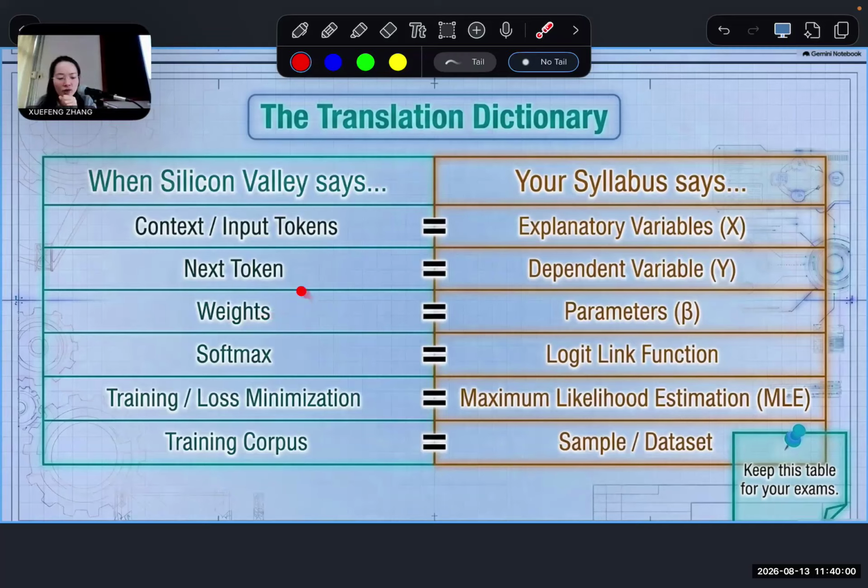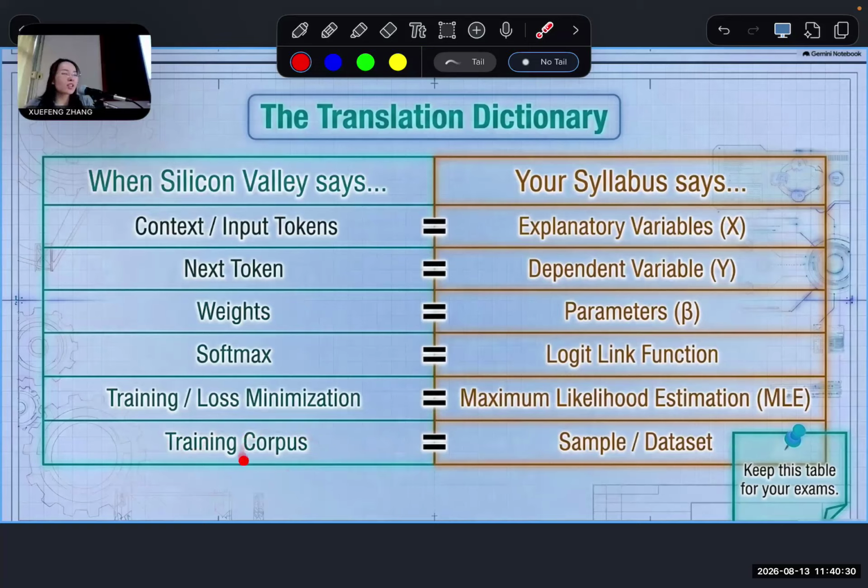And then they use weights, but we use parameters, which is beta. They call it softmax. We call it log link function, or the other model, OLS, whatever. Basically, they train and they care about loss minimization, but for us, we take maximum likelihood estimation. We want to maximize the likelihood, okay? And